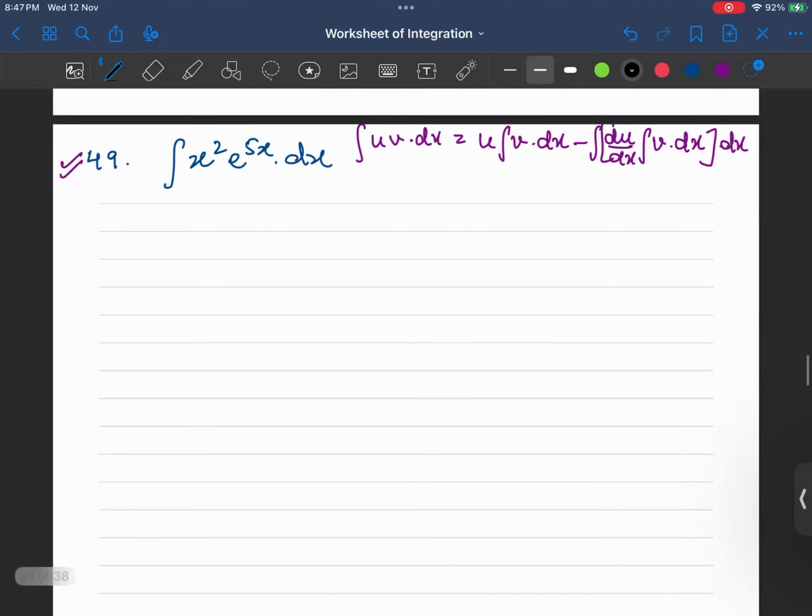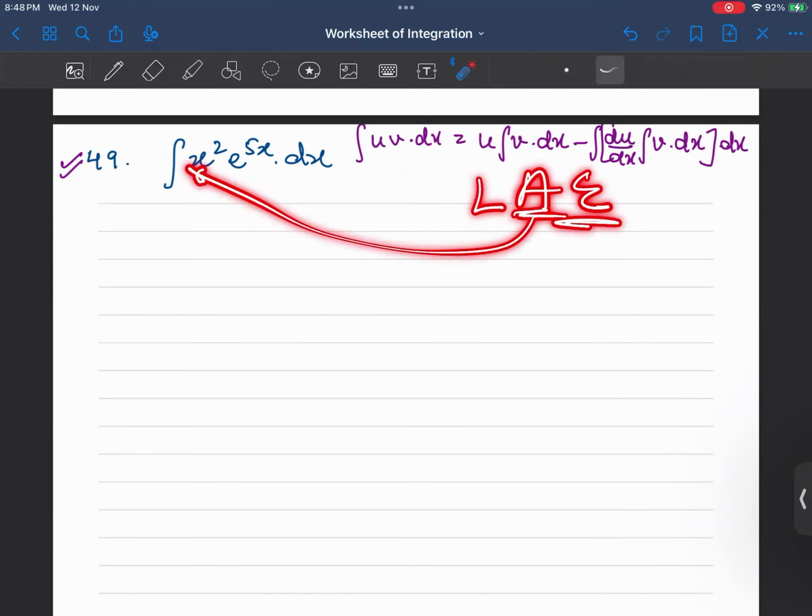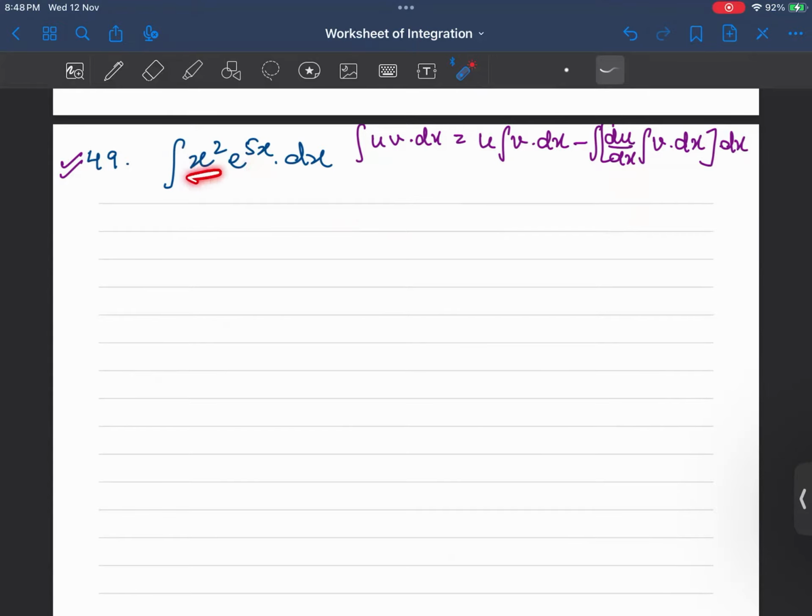Let's do. Over here, again, we have the two functions and we have to decide which one would be our first function, LIATE. In this one, one is algebraic and the other is exponential. Algebraic is this, exponential is this. So let's take algebraic as the first function. It would be x square